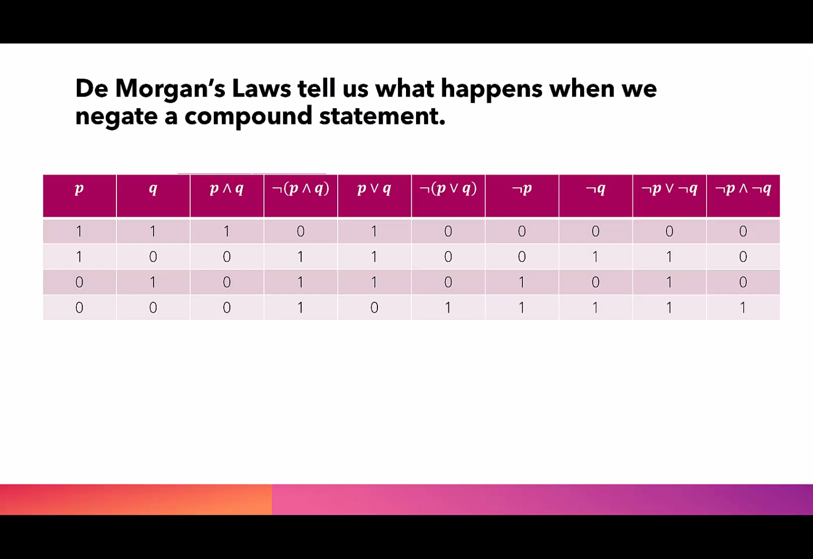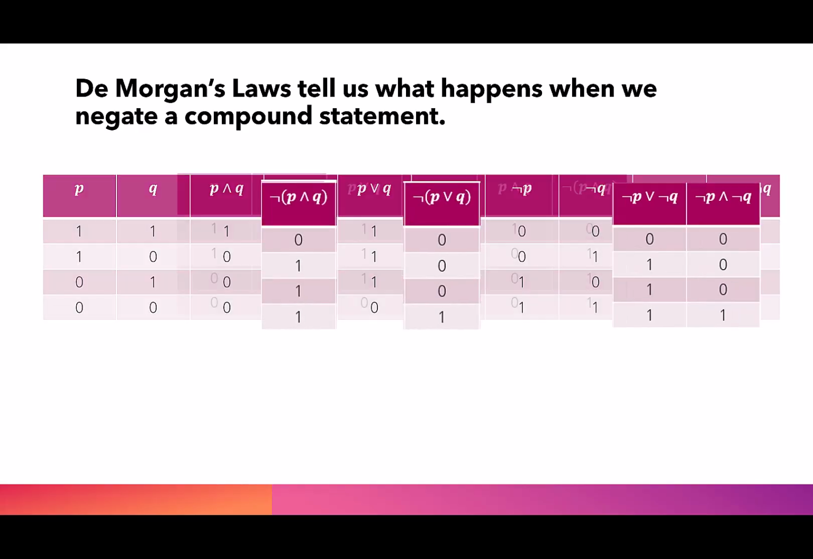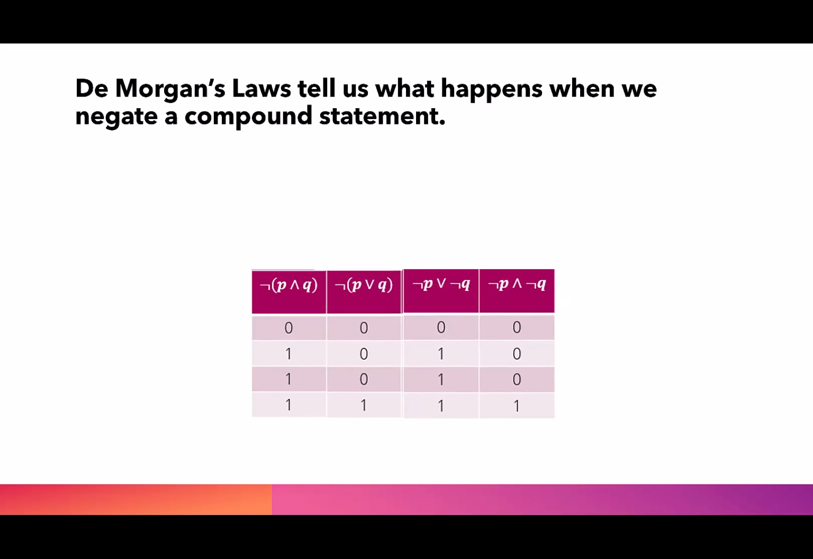Let's just pull out the columns that we need to concentrate on to look at De Morgan's laws. We need not (P and Q), we need not (P or Q), then we'll look at not P or not Q, as well as not P and not Q. What we're looking for is which truth values are the same, and hopefully you see that not (P and Q) has the same truth values as not P or not Q. We also can see that not (P or Q) is the same as not P and not Q,